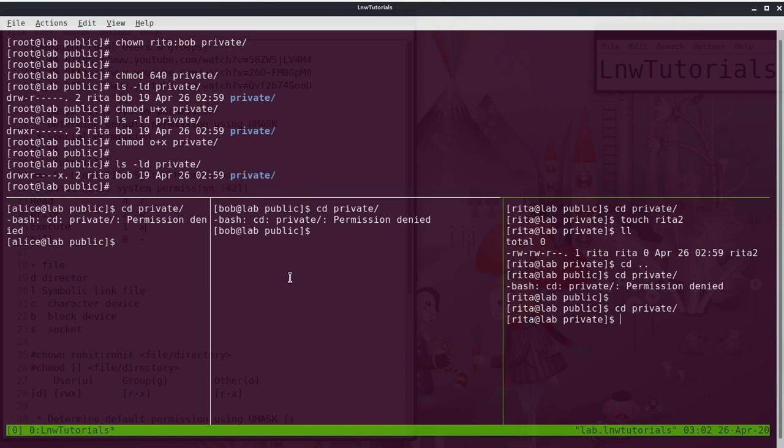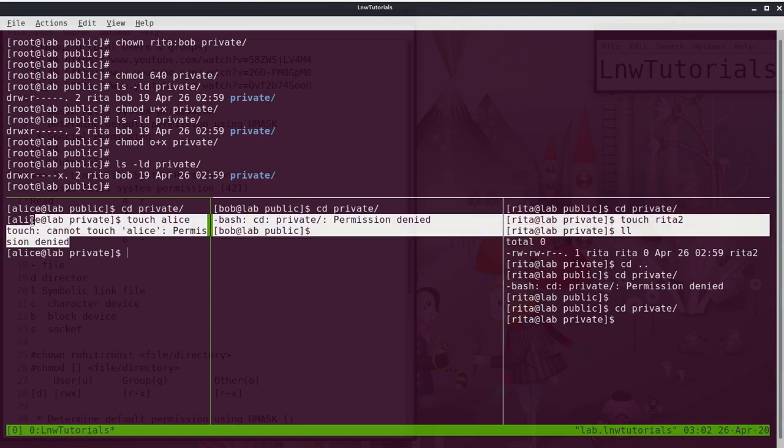I'm just going to go to Alice, clear the screen, and Alice is trying to go inside private. Here there is no read permission and no write permission, though she is able to get inside private. Is she able to create a file as well? No. For creating the file she gets the message permission denied.